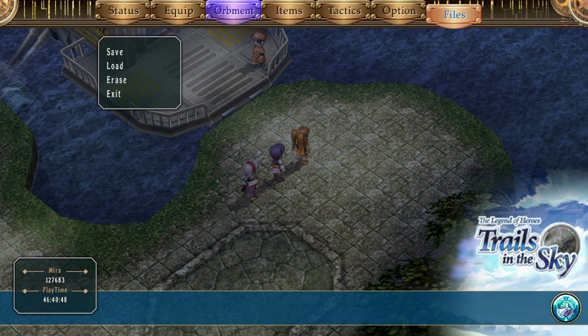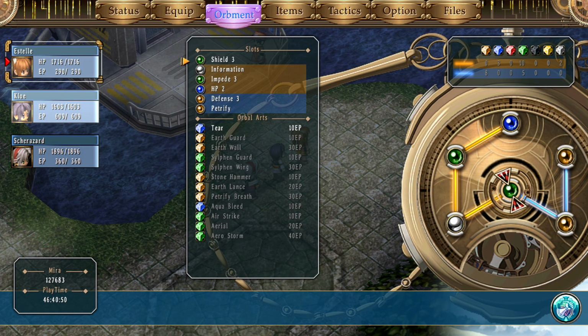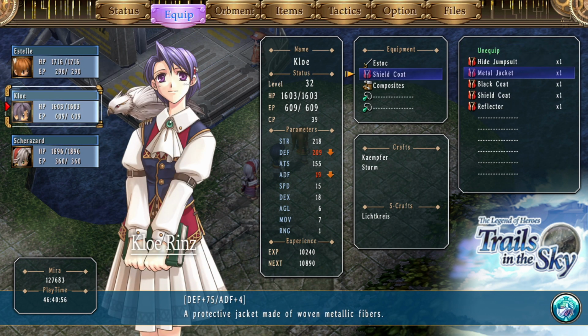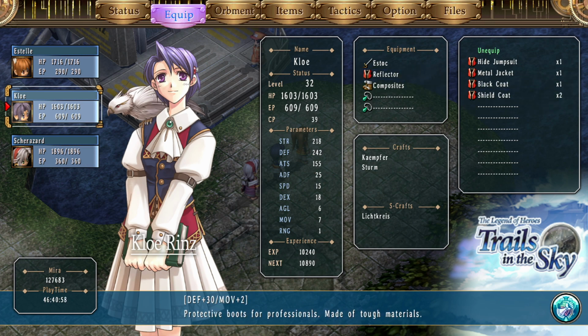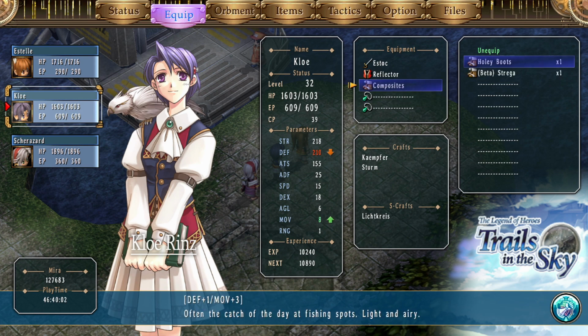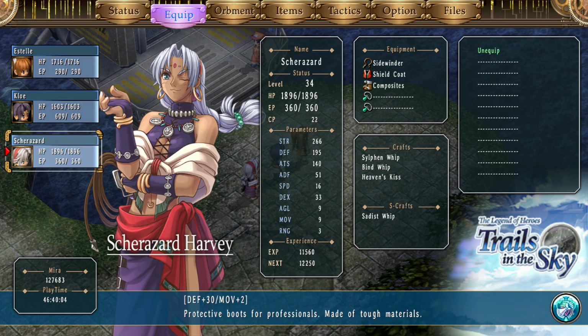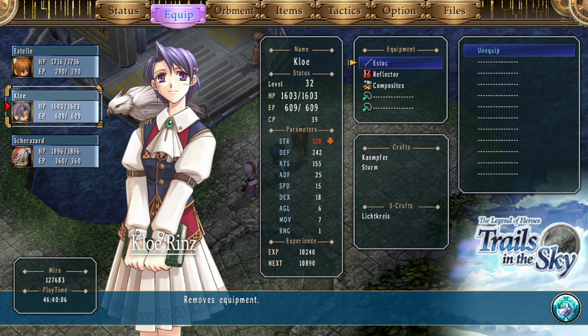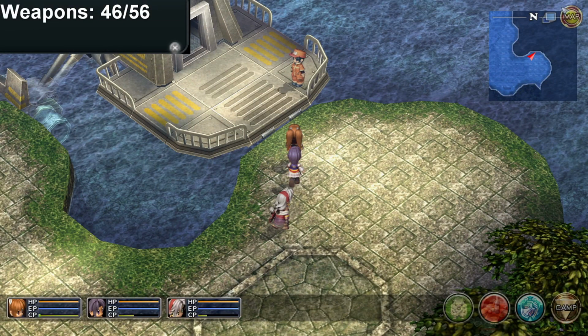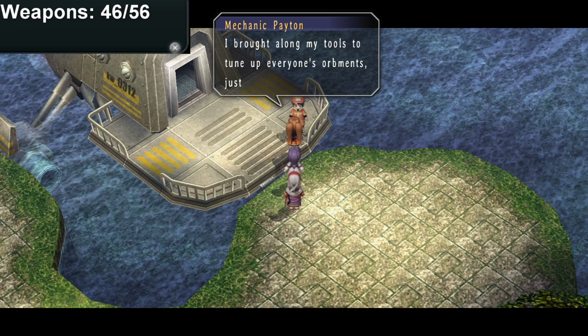So, in terms of the girls' equipment... Let's go ahead and, actually, I think Chloe needs the reflector the most. Let's put that on her. They do all come with the best shoes that you have access to at this point in the game, which is great. They also have new weapons, the S-Stock and the Sidewinder. So if you talk to Peyton here...